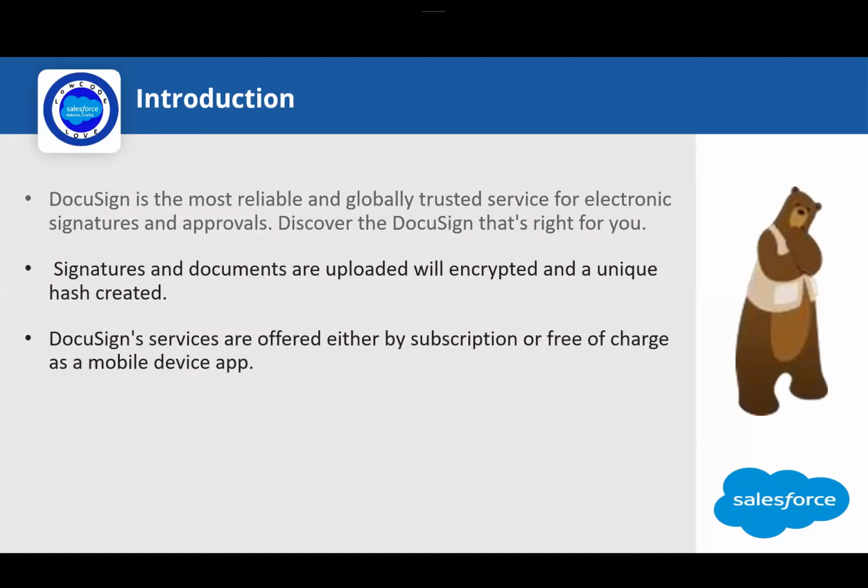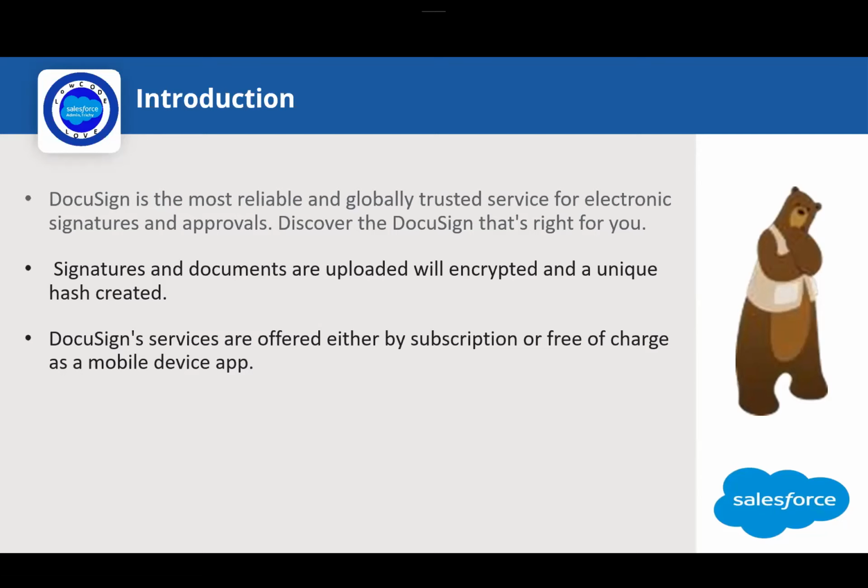In real time, in current technology, there are many digital signature providers like Adobe, Tomcat, Smallpdf, DigiSigner. We even have SignWell. But DocuSign is one of the globally trusted and leading digital signature providers. Not only digital signatures, it also allows us to approve or decline a number of documents. Yeah, this is basically what DocuSign means.